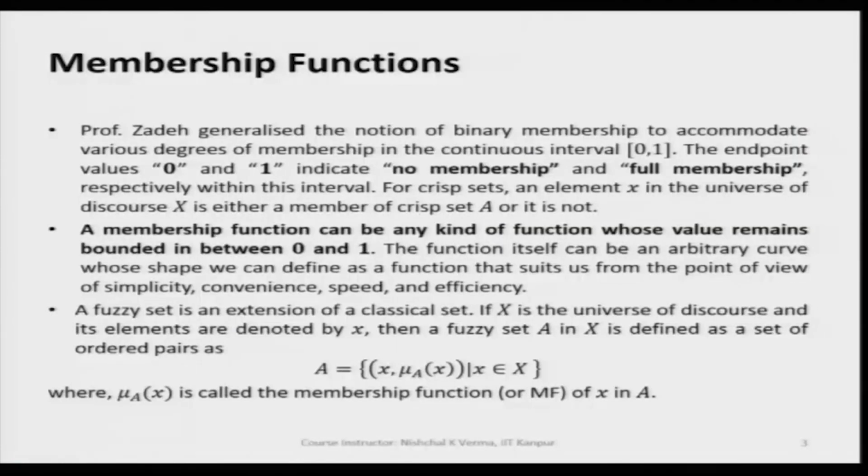As we have seen in the previous lectures, we can define a fuzzy set A equal to, in the middle bracket, x comma mu A of x, such that x belongs to the universe of discourse capital X. So, you see here x is the generic variable, along with mu A of x. So, this mu A of x is nothing but the